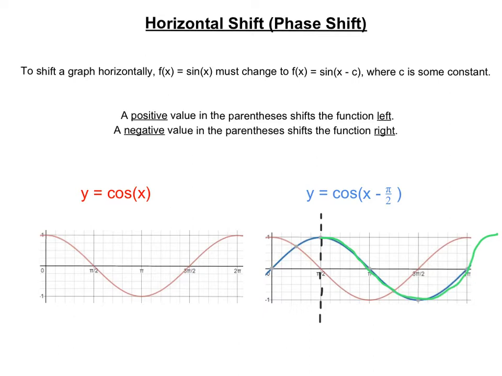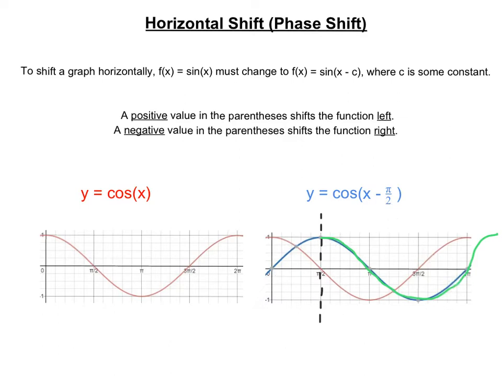Now, one other thing I want to point out, and I don't want to get too deep into this right now, because we will get into this as we progress further into the packet. If you look at this cosine curve that was shifted pi over 2 units, look at this blue curve. Look at from here to here. Isn't that just our sine curve as well? Look at that. So this curve right here is the same curve as y equals sine of x. So y equals sine of x and y equals cosine of x minus pi over 2 actually are the same